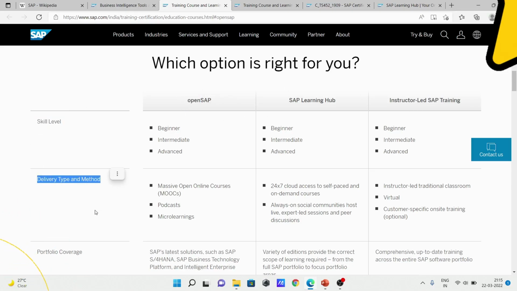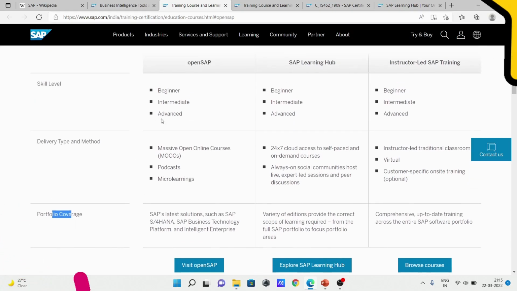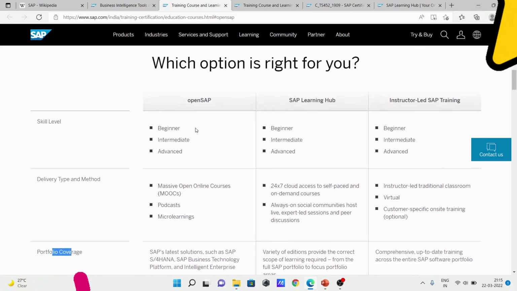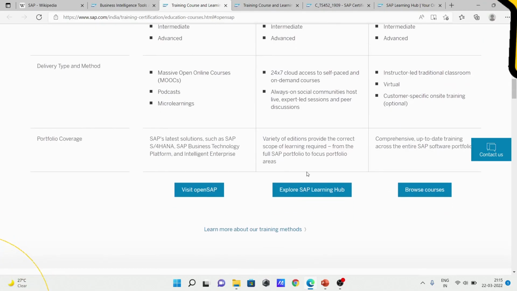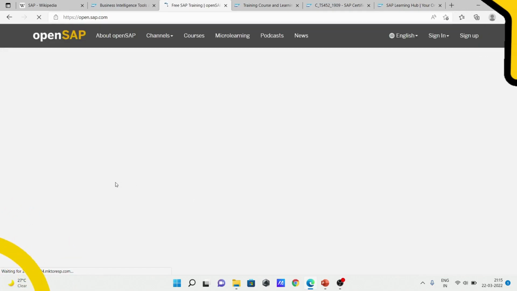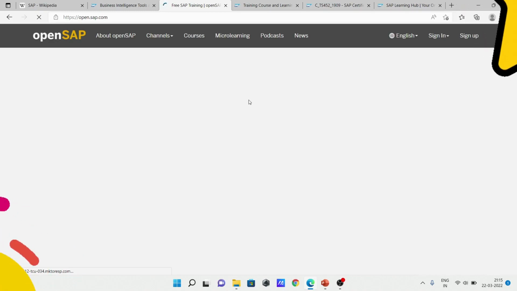These are the key benefits, and at the bottom of this table you have 3 different links where you can explore more about different topics, either for OpenSAP or for SAP Learning Hub. If you want to explore more, you can use these 3 links. Let me open the first tab for your quick reference, and the remaining 2 you can explore from your side. In case you have any questions, please feel free to use my comment section, or you can also send an email at